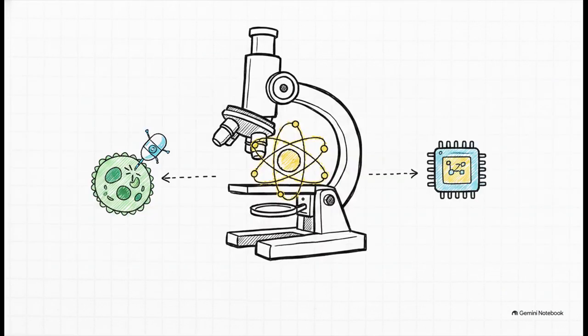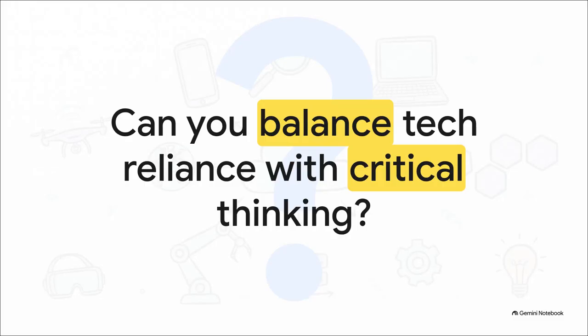And this brilliantly illustrates our last stop today, nanotechnology. We are shifting completely to the absolute smallest scale of tech here. Nanotech is engineering matter at the atomic or molecular level. By manipulating materials at this microscopic scale, scientists are unlocking revolutionary breakthroughs, from highly targeted microscopic medical treatments to ultra-fast tiny electronics. We have covered immense ground today, from the core code of neural networks to the atomic scale of